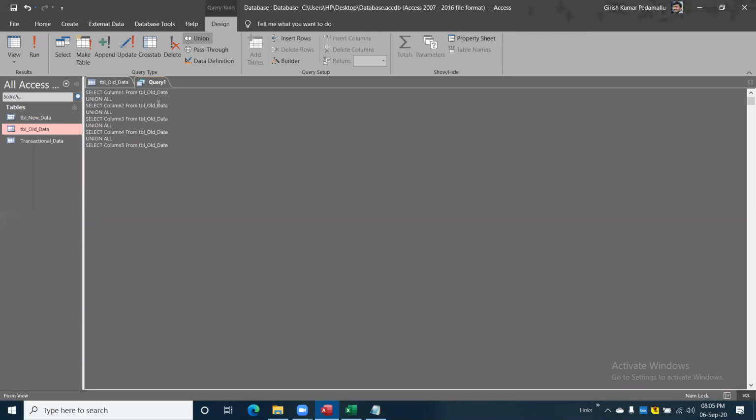Sir, can we use this union all for appending tables also, instead of just columns? Or directly Excels? Earlier you showed us how to append different sheets in Excel. Can we use this query to do that? Actually, in this case I have the data in one of the tables, and to get the outcome I'm using union all.